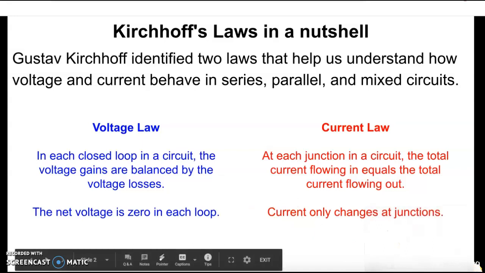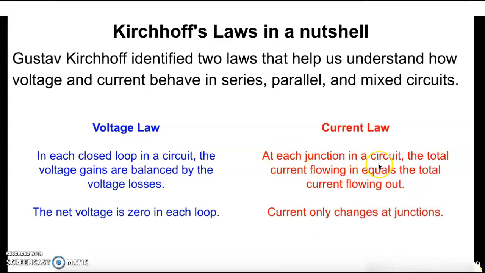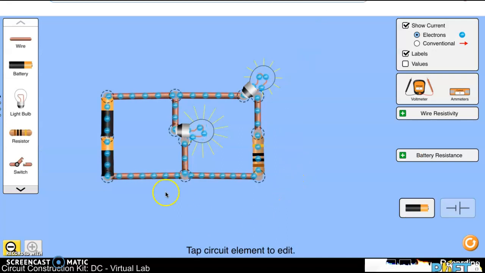And then he has another law for current. It says at each junction in a circuit, the total current flowing in equals the total current flowing out. The current only changes at junctions. So current is basically how fast the charges are moving. And in some parts of the circuit, these blue dots will be moving a bit faster, and in other parts they'll be moving slower. So what he's saying is that